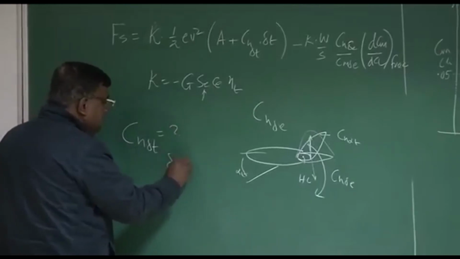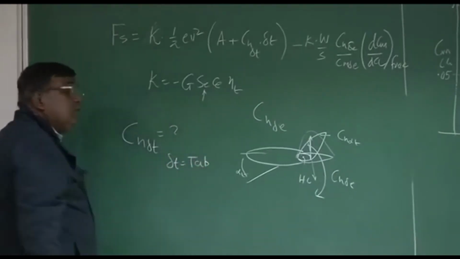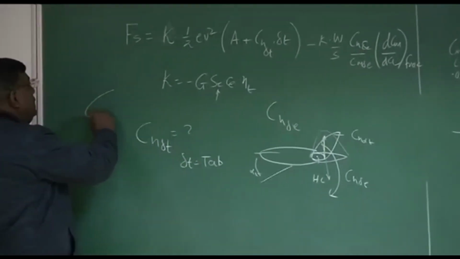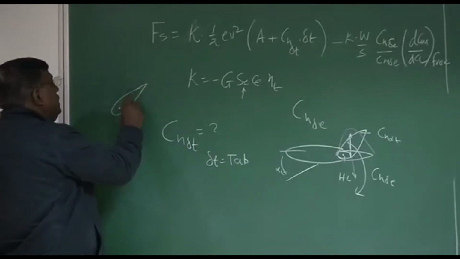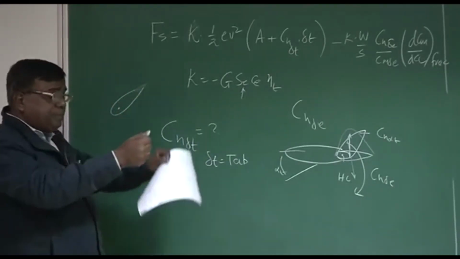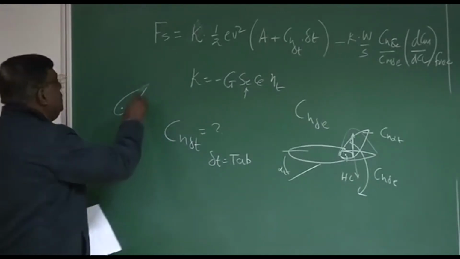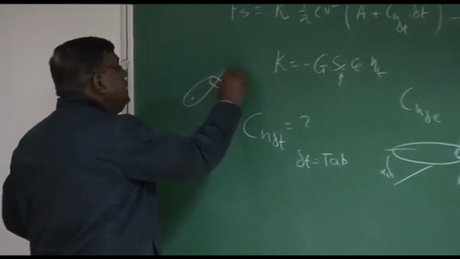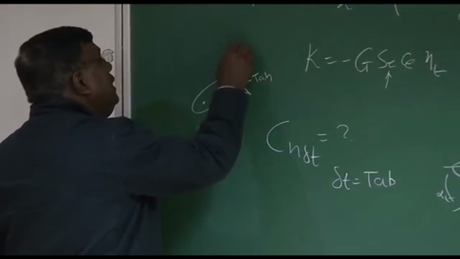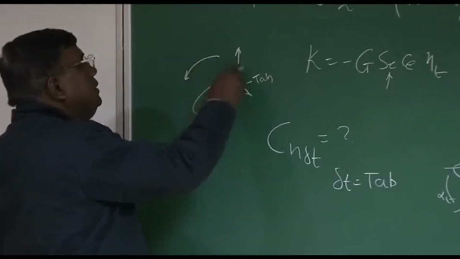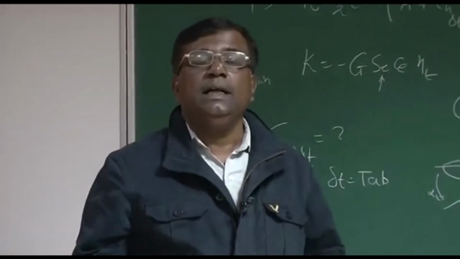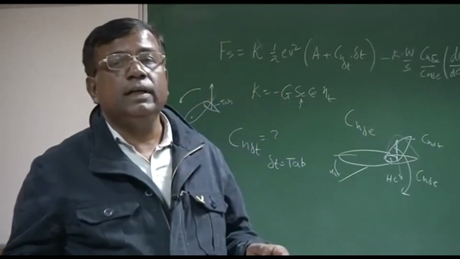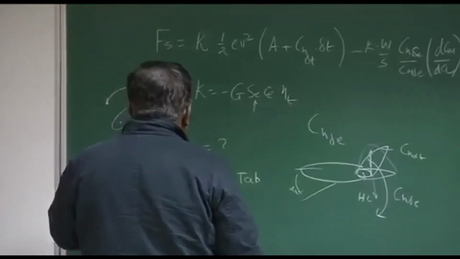What is delta T? Delta T is the tab. This is a trim tab, in the longitudinal case. So what is the trim tab? We'll ask ourselves. Remember, if the elevator has to be deflected like this, then the pilot has to pull the stick and hold it, and that will be very tiring. So there is another portion which goes down as the elevator goes up, and this is the tab. You can set this tab, and it will give the moment to hold the whole elevator at this angle, so that the stick force applied by the pilot will be 0. And that, in a stick-free case, we say is neutrally stable. Okay? So we understand CH delta T.